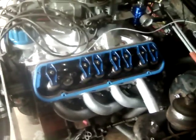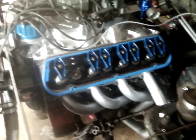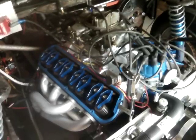Once we put the rocker back on, I think we're gonna do a compression test on this motor. I tried to fire it up, and it was backfiring. So I'm thinking my valve lash was off, and my timing might have been a little bit advanced. But we're gonna do a compression check, see what we're sitting at on all cylinders, and then I don't know, we might put some gas in the carburetor and see if it'll fire off again. I was using the starter fluid, might not be a good idea. Anyway,